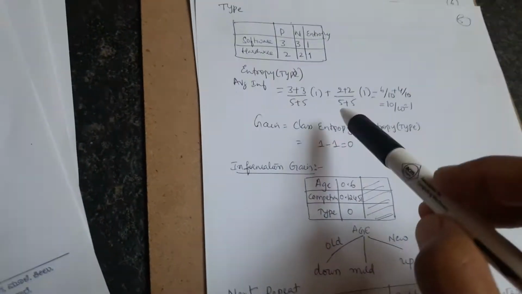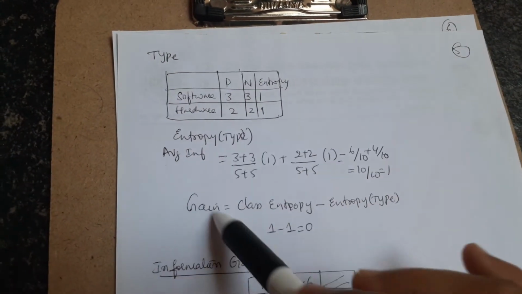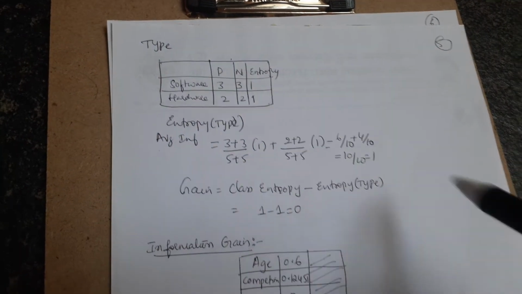So similarly you calculate for type also. Do it. Go to the type. Okay. Do it for the type. And next